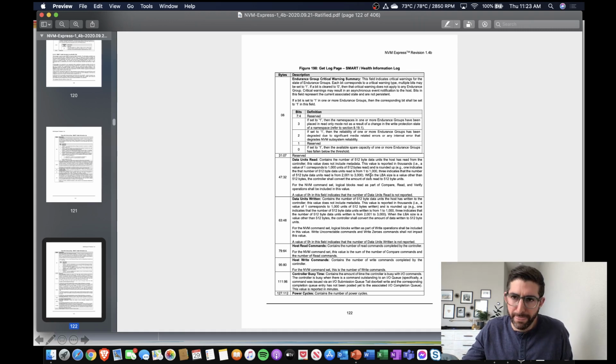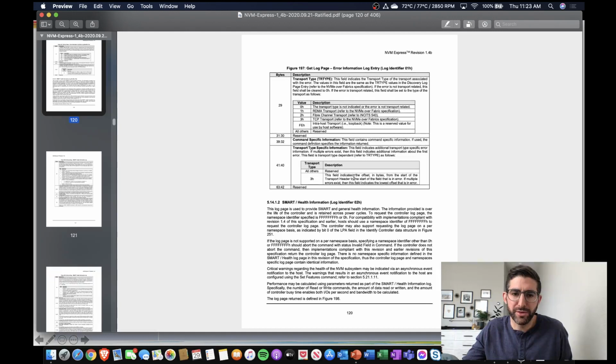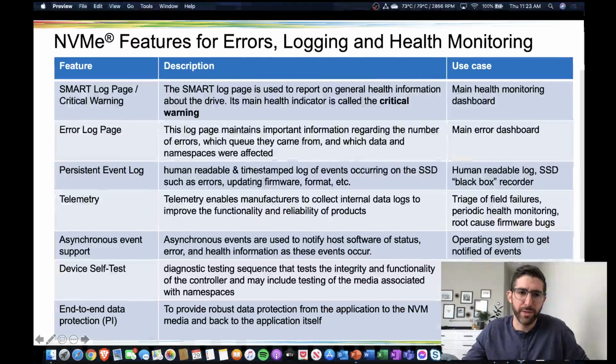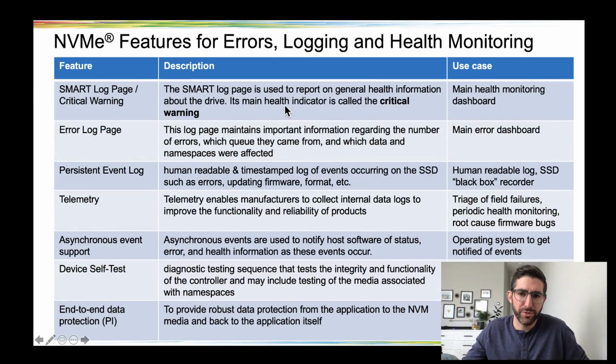And so I only have 30 minutes today, so you should just go download the latest NVMe spec. It's open source. Basically, it's available for free on nvmeexpress.org without having to sign up. That's the most important thing. Now, in that